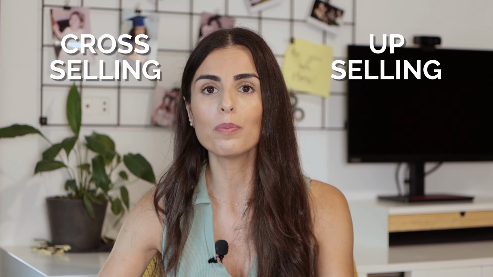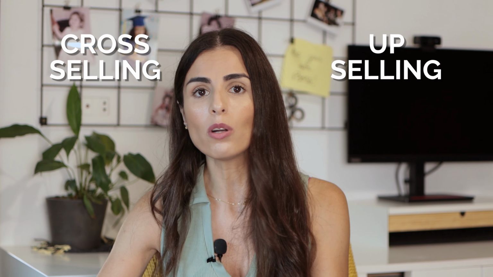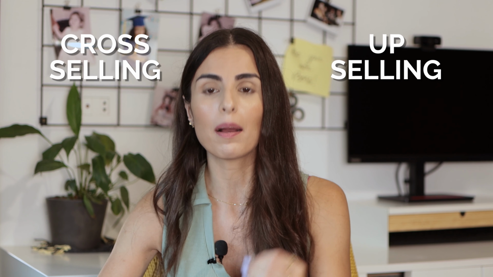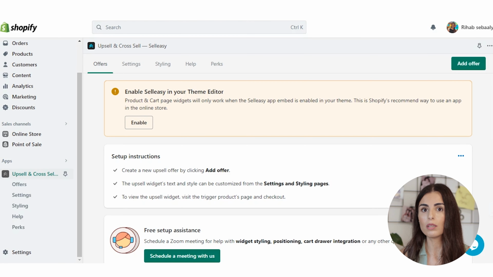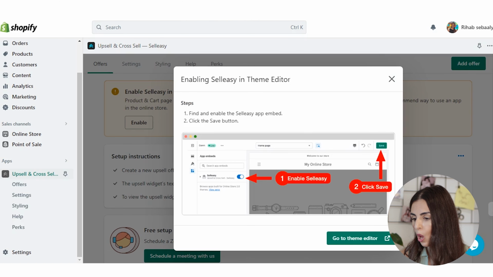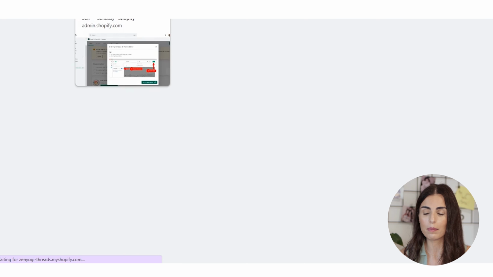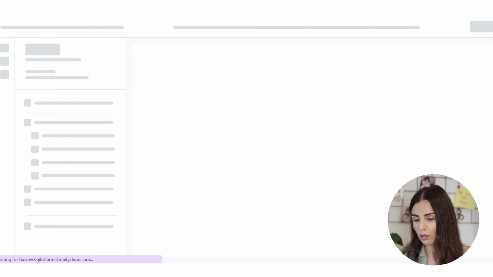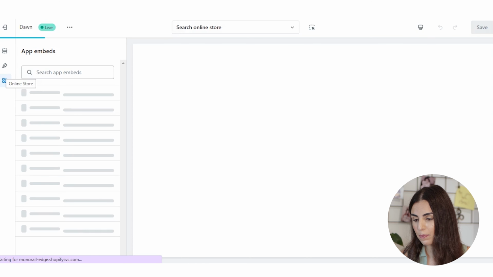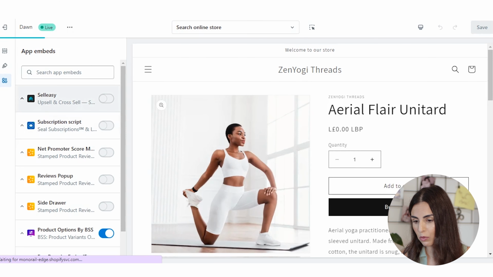And depending on your business and the products you are selling, one or both of these strategies will be applicable. So the app is already installed, and the first thing that we need to do is to enable it on our theme. As we have done with all the other apps, we are going to enable it in order to be able to see it functioning on the store. So one more time, we will go to the apps settings in here, and we will enable it